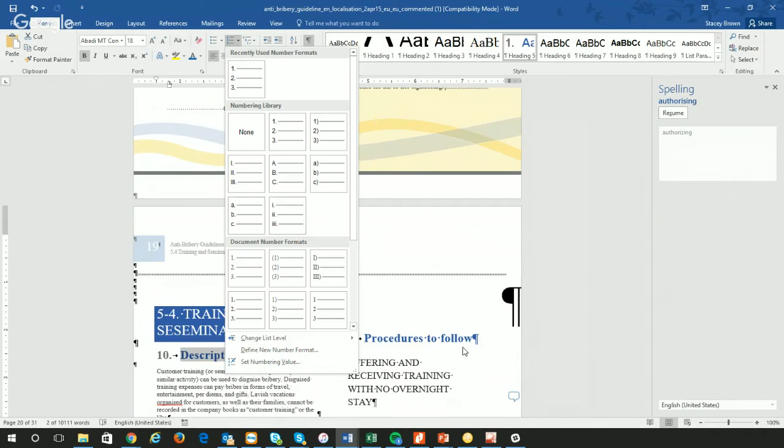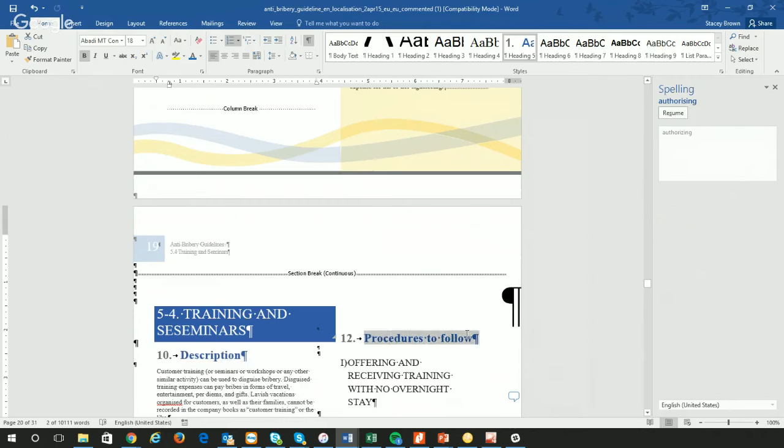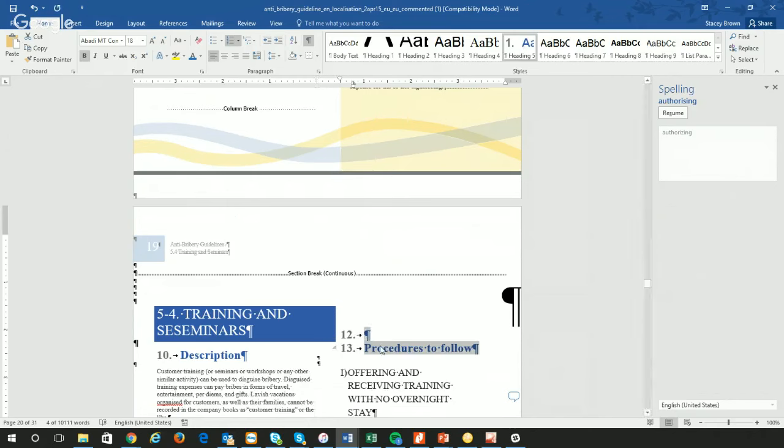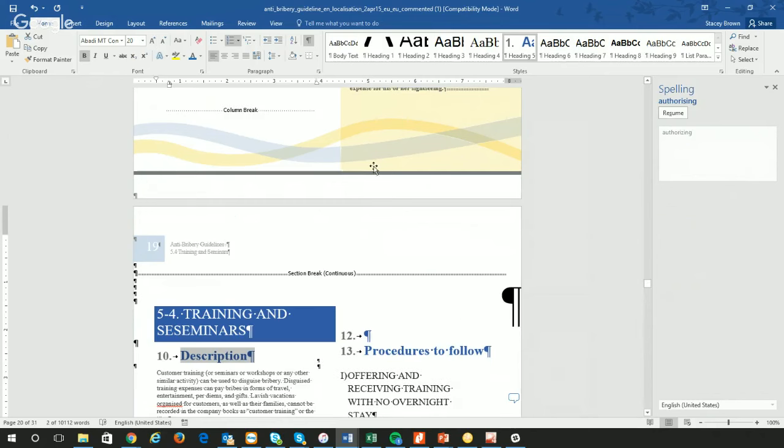Because then if you have a change, for example, you do that and then you realize, oh, this actually needs to be a bigger font. The cool thing is, if these are both header 5, then I can change the font here and update it and it'll change the font throughout the whole document. And again, if it's a long document, 31 pages, that's going to save you so much time. And then it's just a matter of skimming it through.